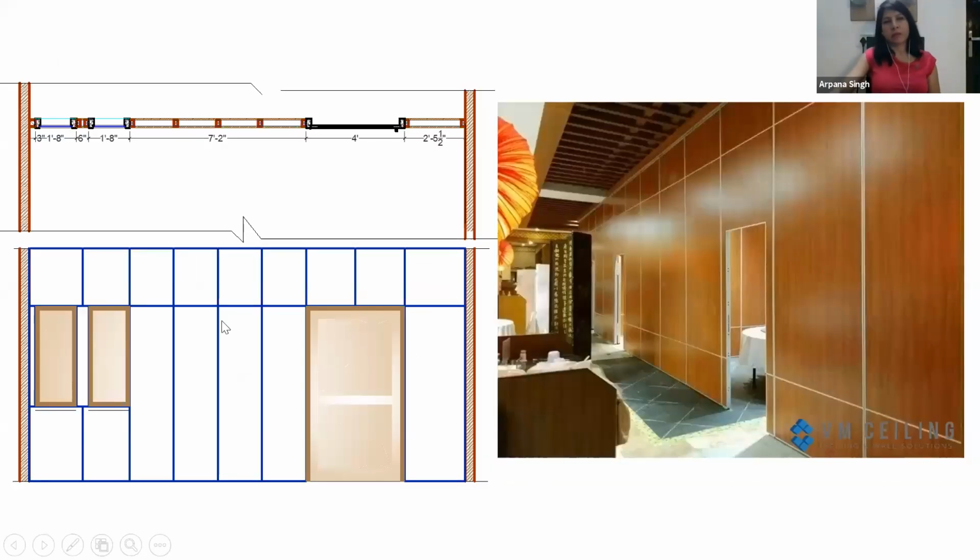This partition looks exactly like the image. I've tried to find images and made the drawings accordingly so that you have the convenience to understand what exactly we are preparing and how finally it's going to look.